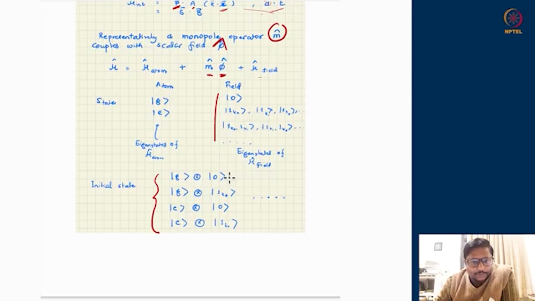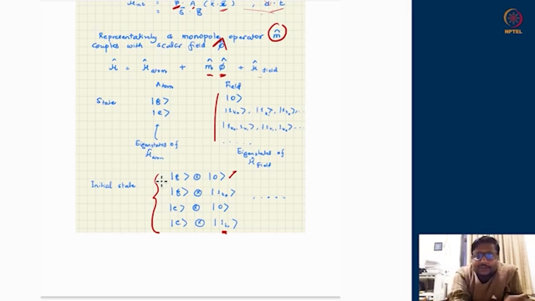So it could be that the atom is in the ground state and the field is in the ground state, which is vacuum, or the atom is in the ground state and the field is in one of the excited states, 1 at k0. Remember, many excited states could be there. Or the atom is in the excited state and the field is in the ground state, which is excited times vacuum, or both of them are in excited states. And since the field comes with many different types of excited states, you could choose many of the possible slots to fill in the field sector. So one of these states I can take as the initial state and then start my computations or analysis under perturbation theory